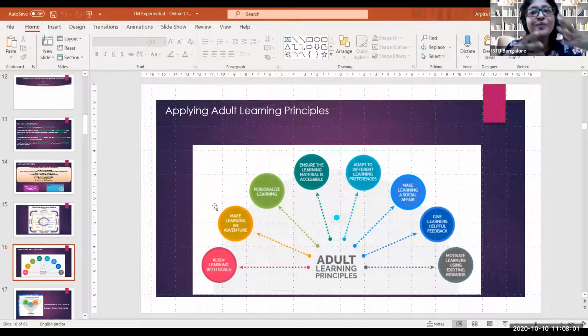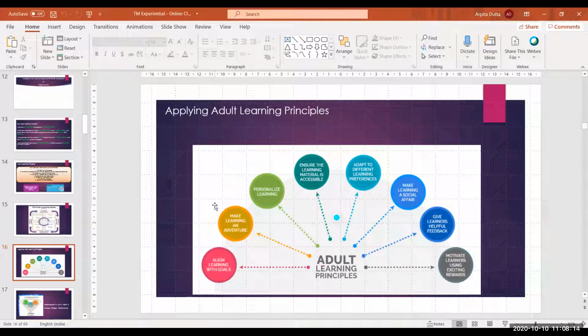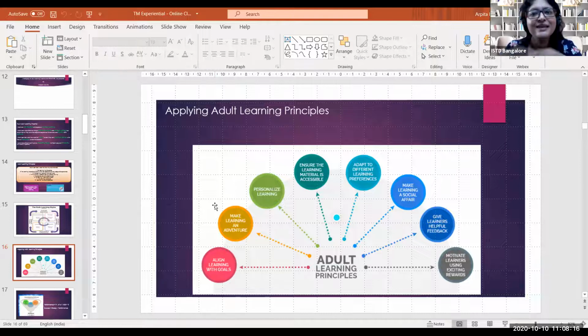Once you are aware, you will do the careful planning thereafter. You will organize things with your prior experience and the collective wisdom in your team. You will lead from the front and you will execute it. And then you see what went wrong and what went right, and again follow the best practices and replicate going forward. Right. Okay, so these are certain adult learning principles, just the application part of it.